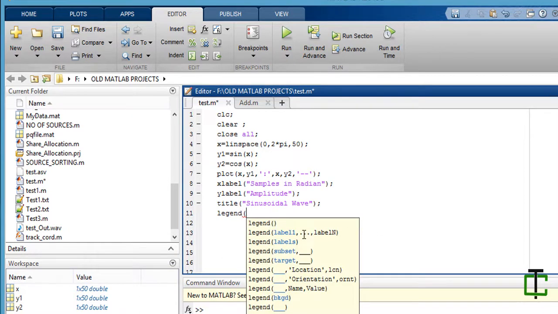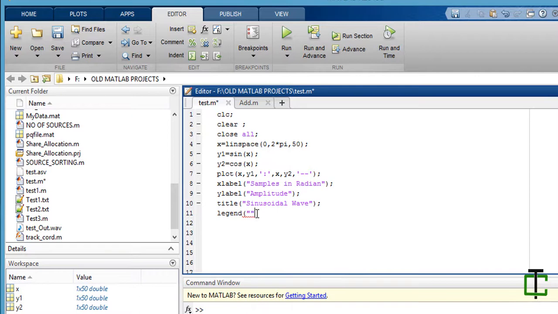Here you can see label 1 up to label n, meaning I want to give each curve a name. My first curve, x and y1, is sine wave, and the second curve is a cos wave.